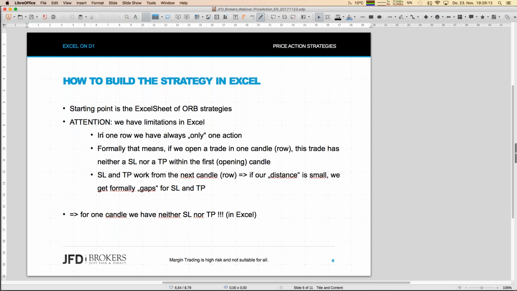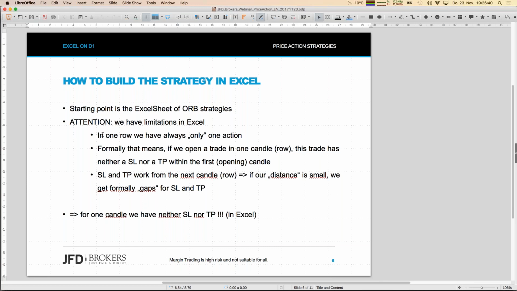Formally, that means that if I present that Excel sheet later, within the first candle, which is always the trigger candle of our order, formally we have no stop loss and no take profit. We simply wait for the second candle and then we decide how it goes on. As always, we have that worst case principle. That means